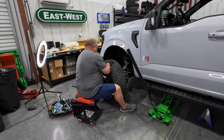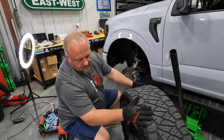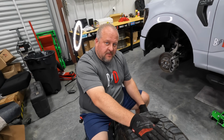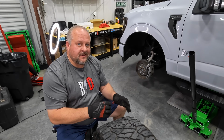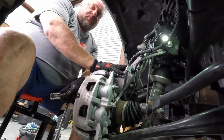So most people are going to have a local mechanic shop do this install, because it does require a few more tools than you probably have in your home garage. We're not most people though, so we're going to show you this install real quick. We're not going to dive into anything very deep, but we're going to show you what it takes to put them on. So first thing you're going to do after you get your wheel off